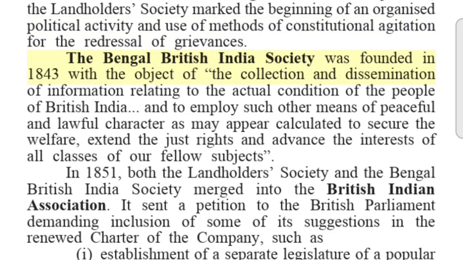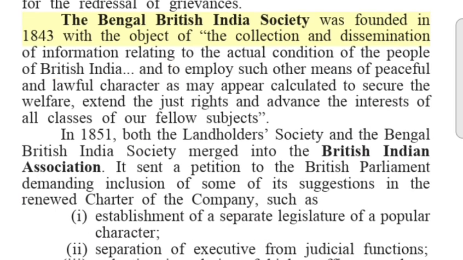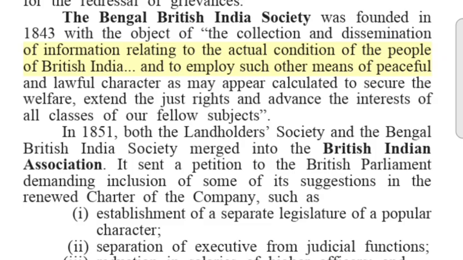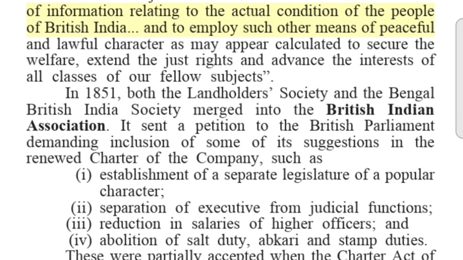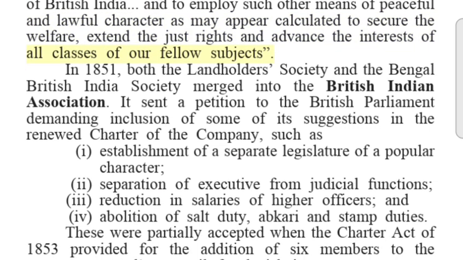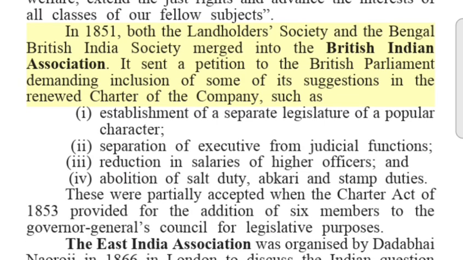The Bengal British India Society was founded in 1843 with the object of the collection and dissemination of information relating to the actual condition of the people of British India, and to employ such other means of peaceful and lawful character as may appear calculated to secure the welfare, extend the just rights and advance the interests of all classes of our fellow subjects. In 1851, both the Landholders Society and the Bengal British India Society merged into the British